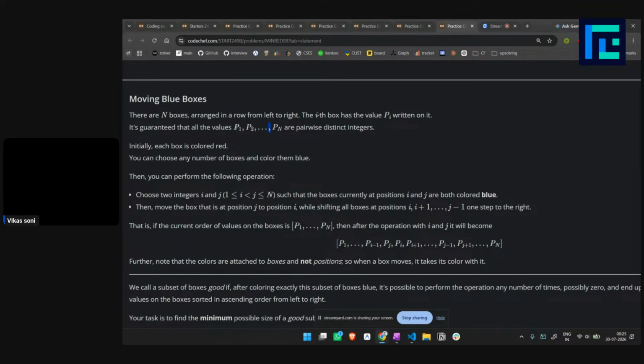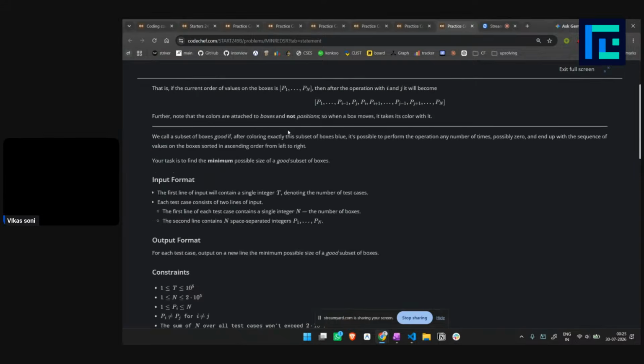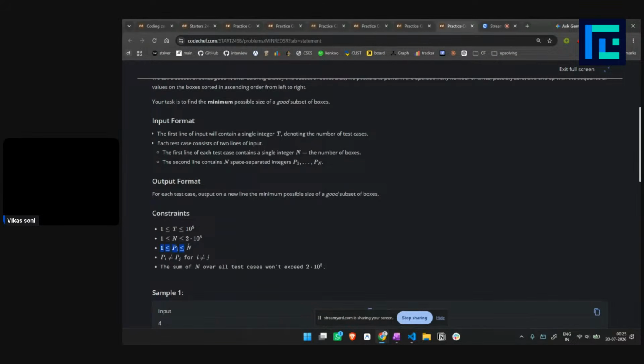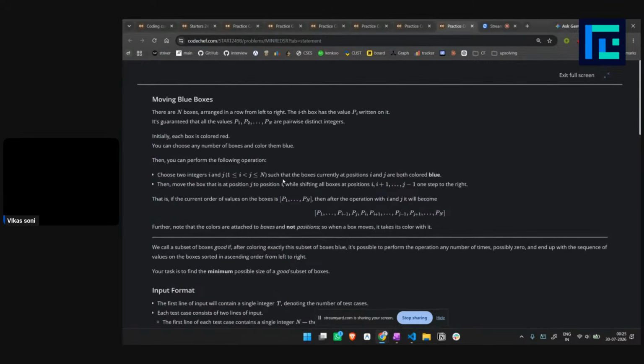And all of the values are pairwise distinct integers. Okay, that's just written to confuse you. See, the values are less than or equal to n, and also they are pairwise distinct. So this is just saying that the values are a permutation from 1 to n. Then initially,